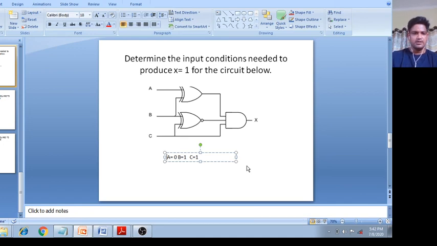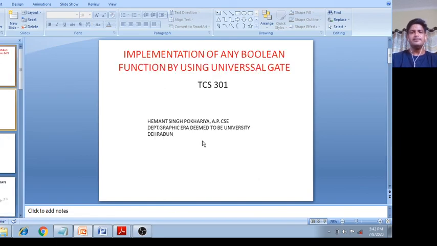Okay, now next question, minimum number of NAND